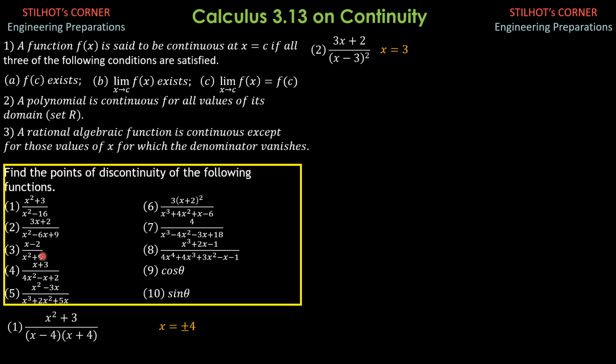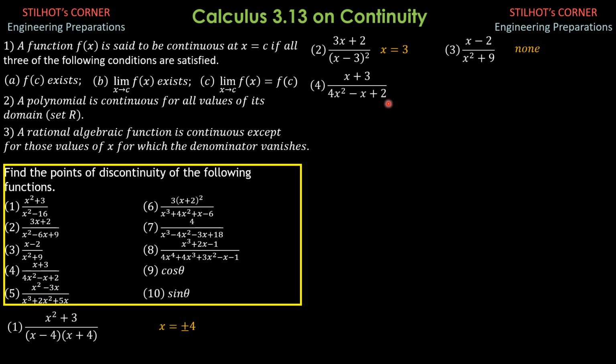Number 3, since the denominator is always positive for real values of x for the domain of this function, then there is no point of discontinuity for number 3. So none. Number 4, we can factor x in the numerator, x in the denominator, but since the denominator is 0 when x is 0, then we have x plus 3 over 4x